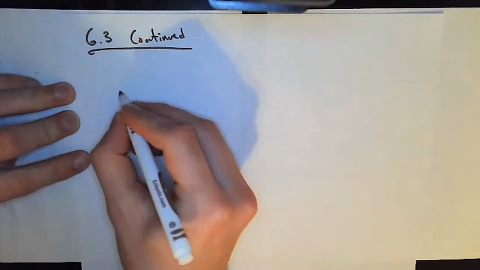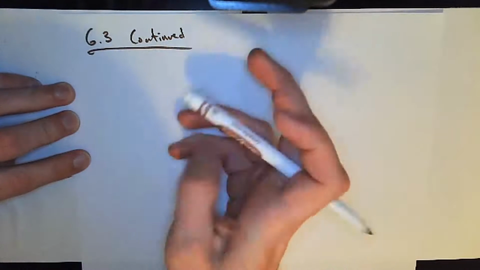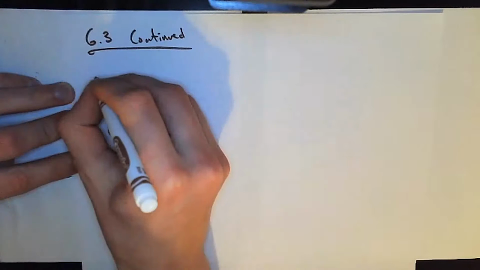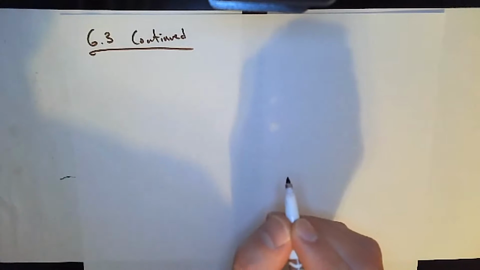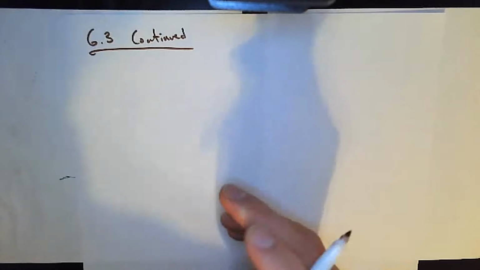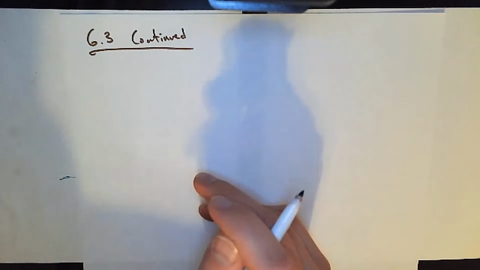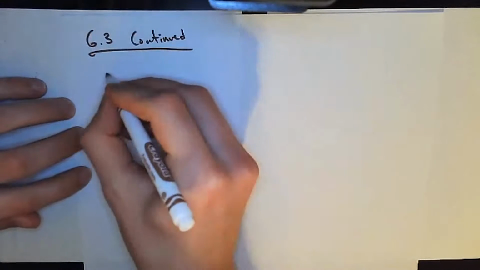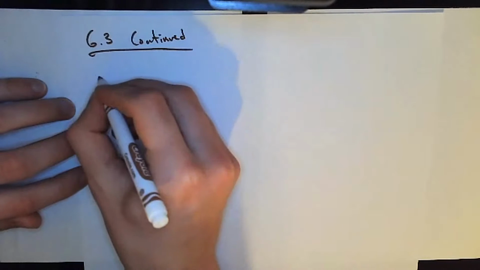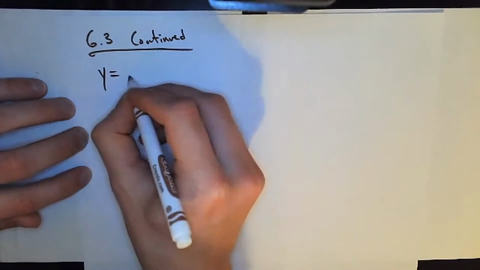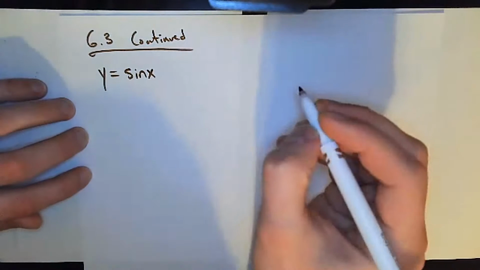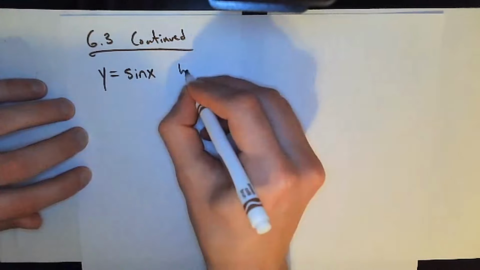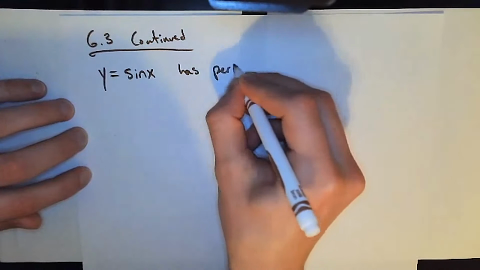So just as a quick reminder, if I have, again, I always hesitate to write how to write it down algebraically because the book just makes this really dumb decision to use x as the domain variable for all of them. But anyways, if I have y equals sine of x, it has period 2 pi,